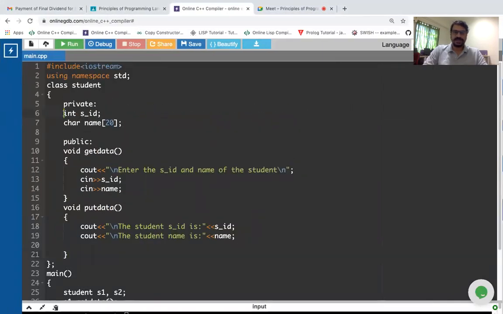So what is the first data here? It is integer SID, and the second data here is character name of 20 characters. How many characters? 20 characters. Now, so what is the meaning of that? The meaning is, for here in the GCC compiler,